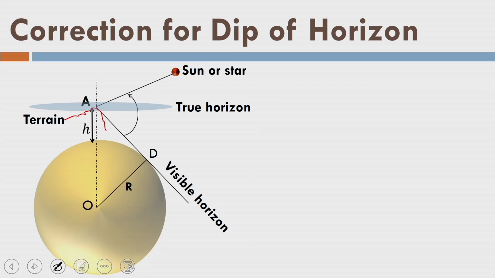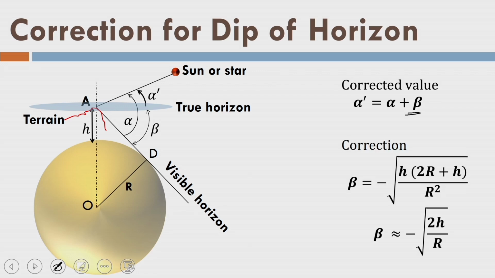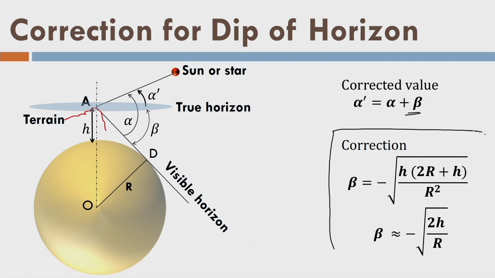Now as a result I will measure this angle, right, and let us call this angle alpha. This is the angle I measure and this is the angle I should measure. So this is the alpha dash here. Okay. So the correction here is the beta angle, and this correction I am writing here like this. Beta is negative because alpha dash is smaller than alpha. So this correction is given by this. So this is the lower one, the approximate value here. This is an approximate value and this is the exact value.